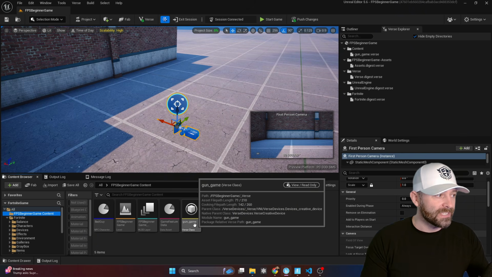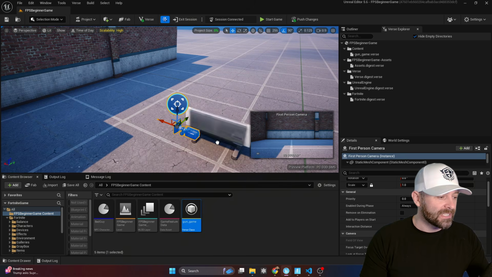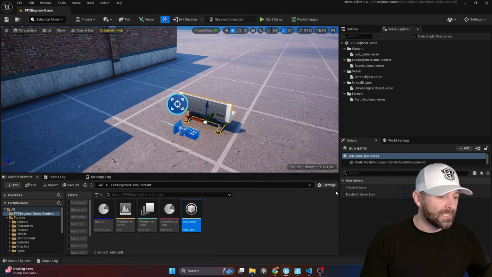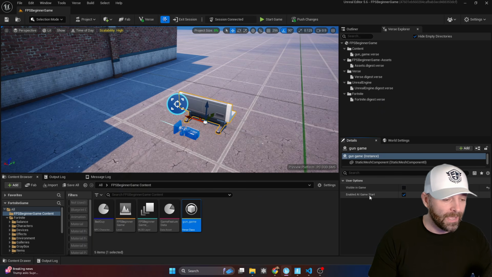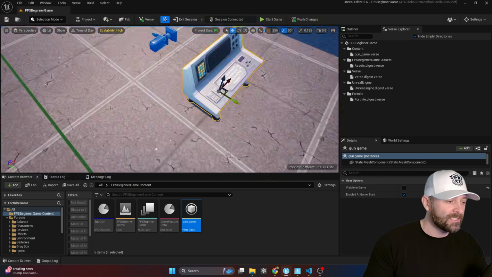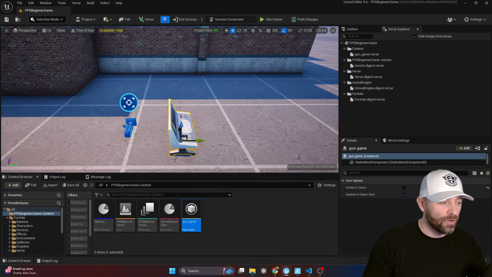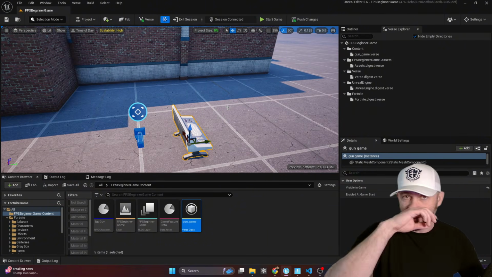And what's really cool about this is I can actually take this and drag it into my project. Is this visible in game? I'm going to turn that off. I don't want it visible in game, and I do want it enabled at game start. But this is your device. This is your code, your custom code, and you have to drag it in the project for it to work,